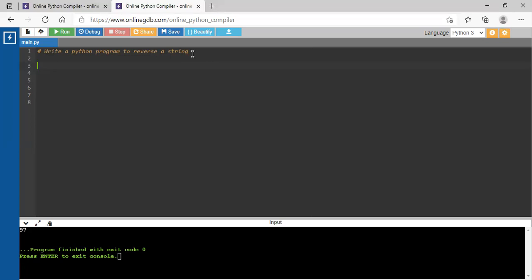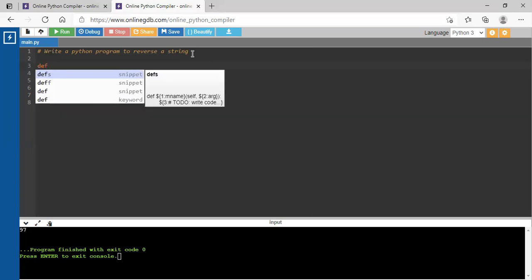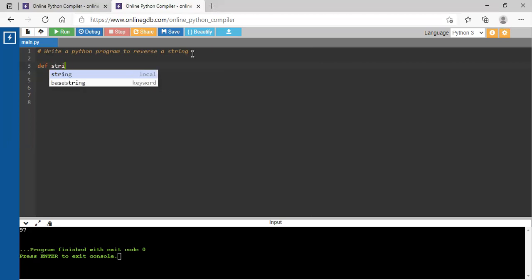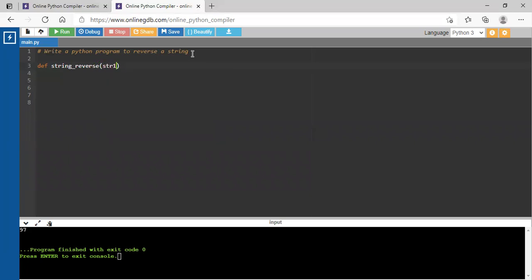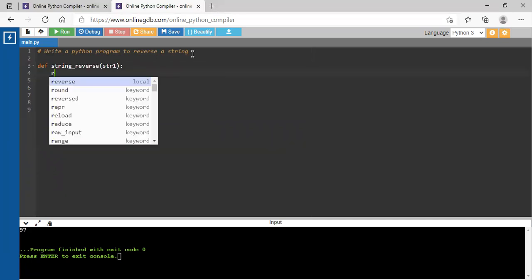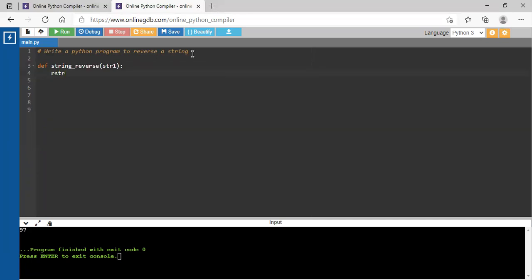So let us start with the function. Very first we have to do the reverse, so I just write string reverse. In the argument, what do I have to put? str1. In the starting, I assume that my result, whatever the output comes, should be empty.